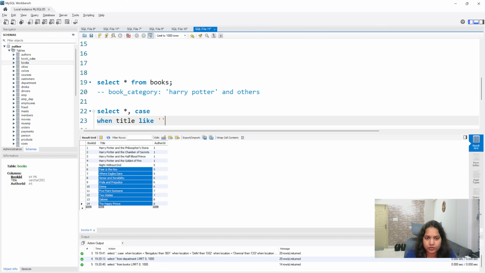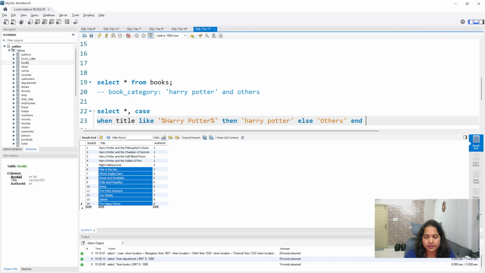Now put the quotes inside that. I will write Harry space Potter. Okay. So whenever the title is like Harry Potter, which means it contains the full phrase Harry Potter, then you should give it as Harry Potter. Else, just give it as others.